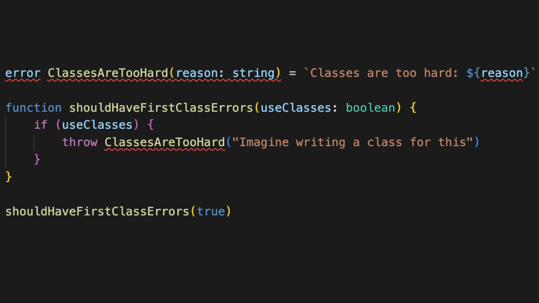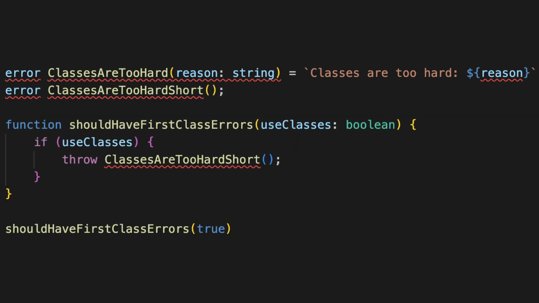In many cases, we don't even expect that error to be thrown ever. So it might not even make sense to have to write a description. We might be fine with just some code so that we can find the place where it originates from. And yeah, errors most often don't have any parameters, so we don't really need a constructor either. All we need is an error code and to throw that error code.